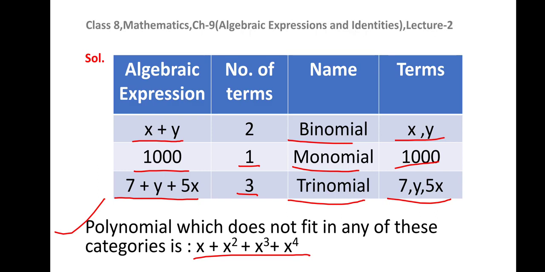So what we have studied in today's lecture, we have learnt about the polynomials. An algebraic expression is called a polynomial if the powers of the variables involved in every term are non-negative integers. Then we have learned to find the degree of the polynomial. Then we have recalled the concept of addition and subtraction of algebraic expressions. So I hope, dear children, you must be able to do the questions that will be given to you in